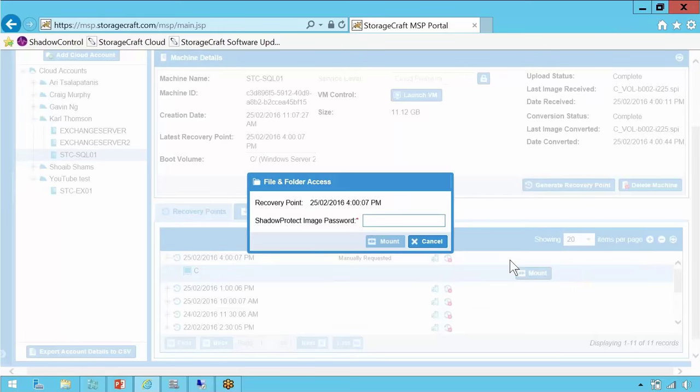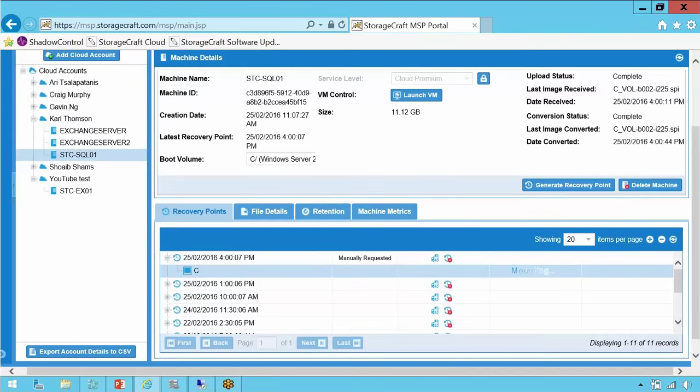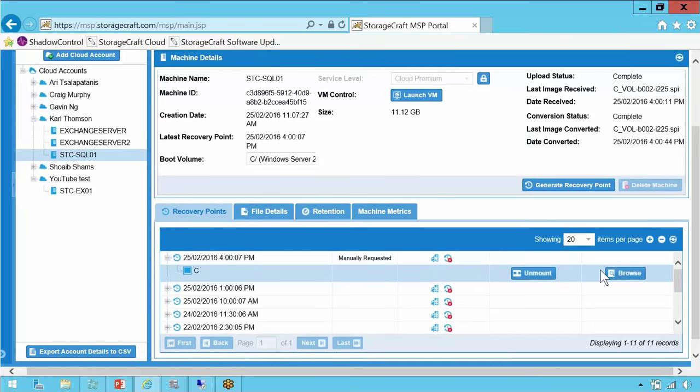So this is available for Cloud Plus and Premium customers. Put in your encrypted password and go mount. And that is going to basically do what ShadowProtect users know as a quick mount, where it's going to immediately give me access. If I click on Browse,